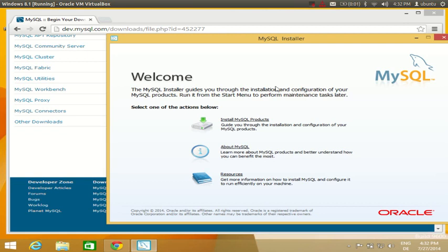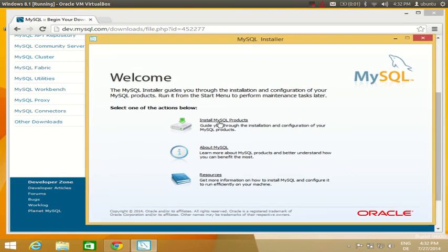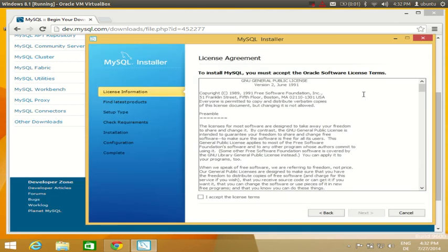And now you can see this window here which says install MySQL product, about MySQL and resources. So I'm going to click this option, install MySQL product, and now my installation will start. But before starting the installation, you need to accept the license terms. So just click this I accept the license terms, and on the left hand side you will see this column